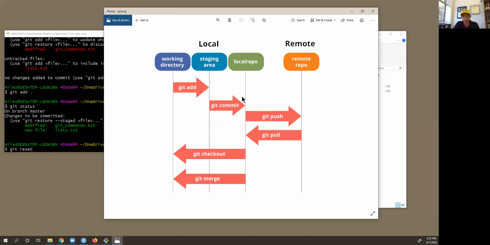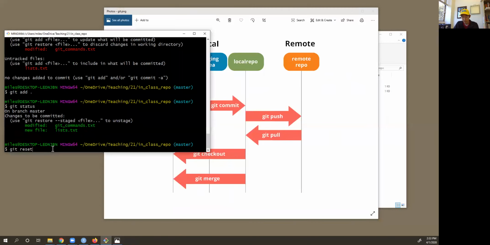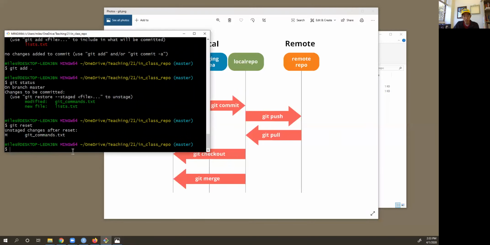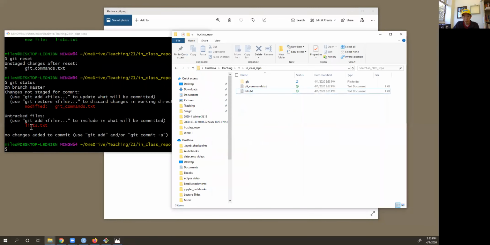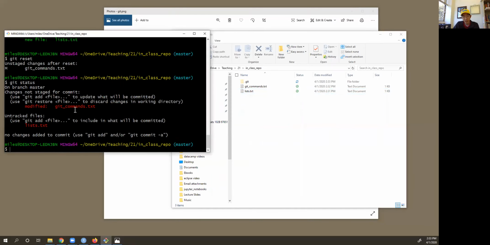I used git add, and I added all of the changes to the staging area. But I can say, you know what, I'm not ready for that. Let me just reset my staging area. So I'm going to just type in git reset, okay? And basically, if I check git status, now we're back to where we were before, where nothing has changed. My working directory is still the same, but it says git-commands has been modified, and the lists